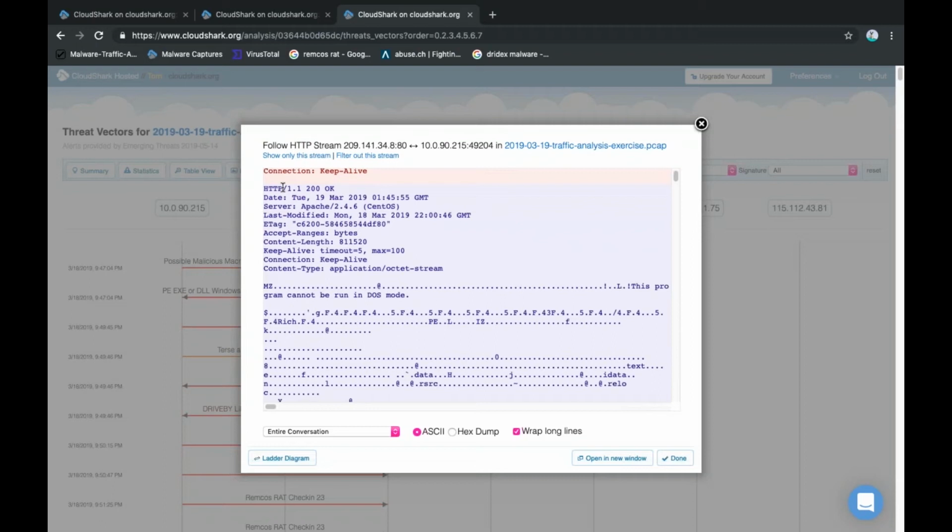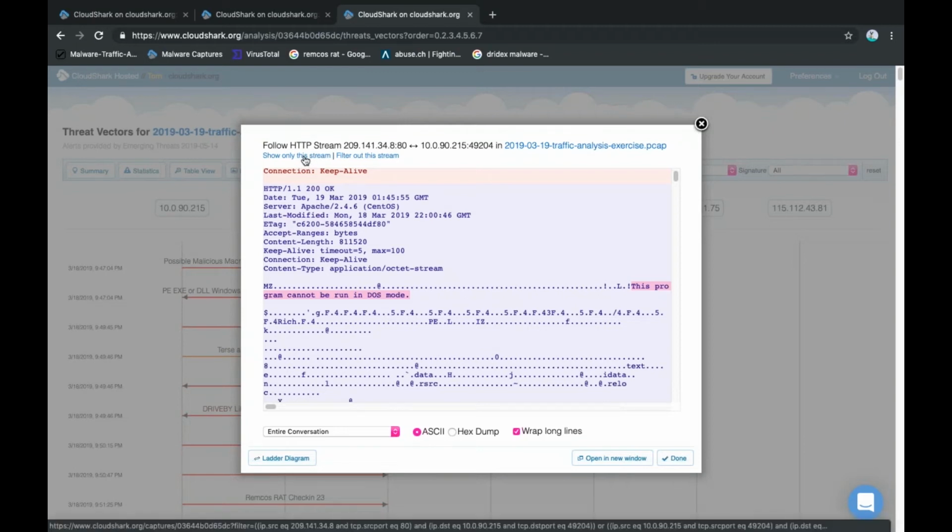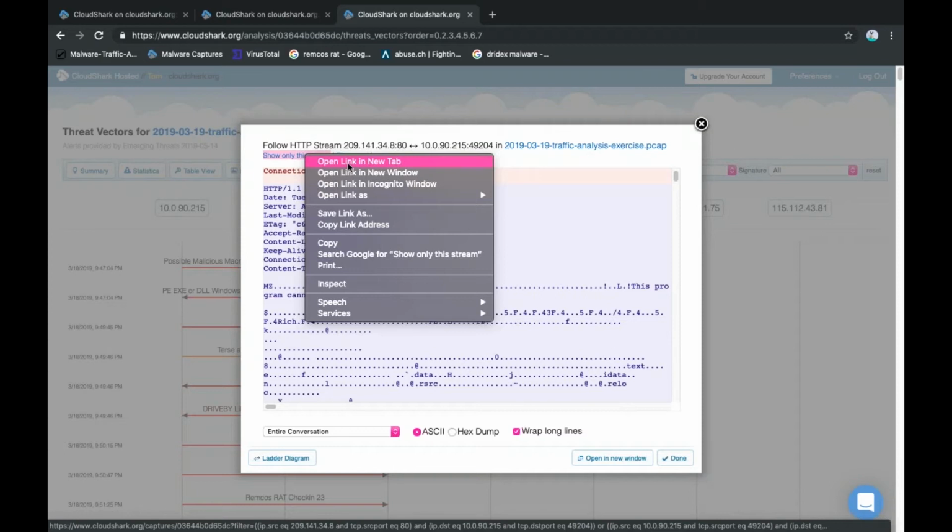Coming back from the server, we've got some information. It's an Apache web server running on CentOS. And right here you can actually see this MZ and this text: This program cannot be run in DOS mode. These are both indicators that this is actually an exe file and some sort of executable that can be run on a Windows machine. So what we're going to do here, to keep track of where we are,